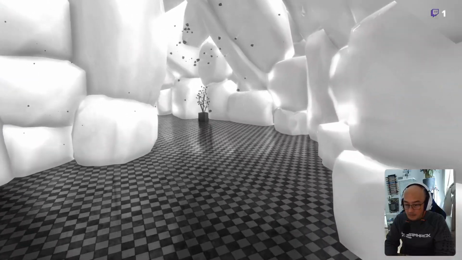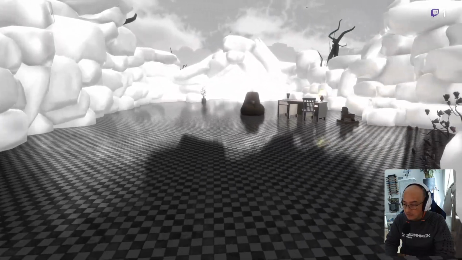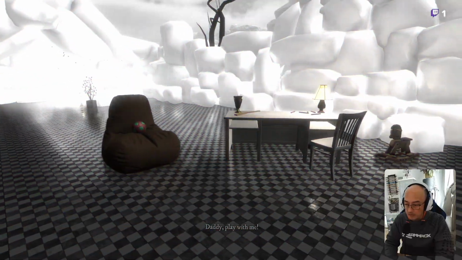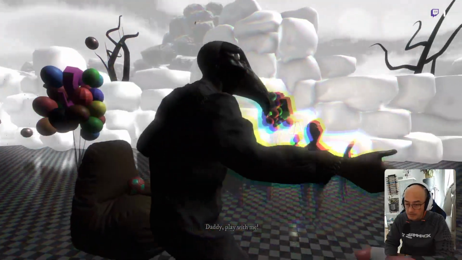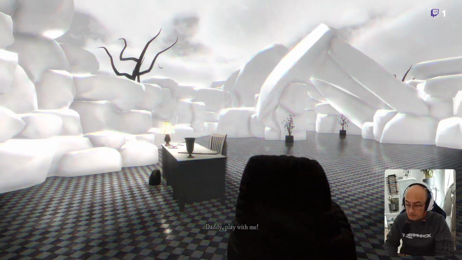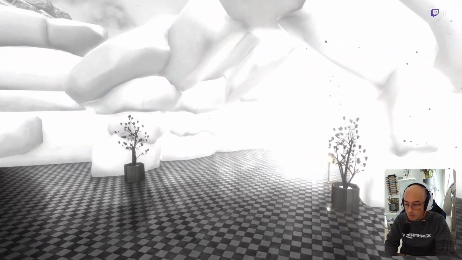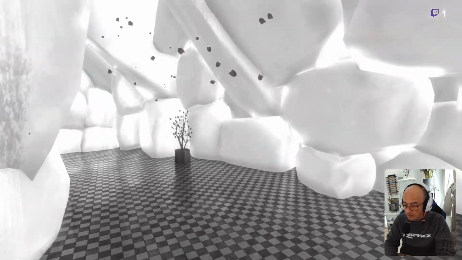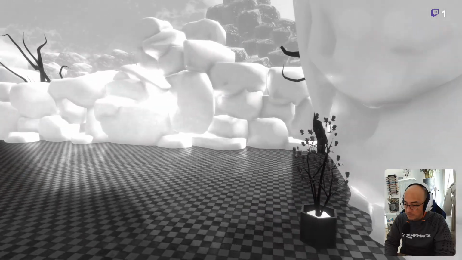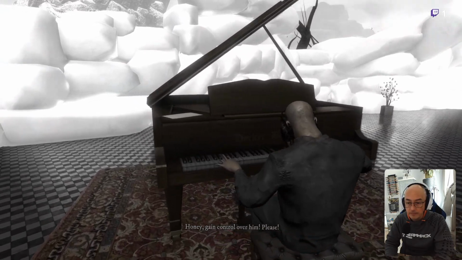This is a nice part. I really liked this section because it's a fresh change of environment. It's kind of like a dream or some kind of trip of Edward, and everything in white. I think it's cool. I liked it. It's a 180 change in the atmosphere of the game.